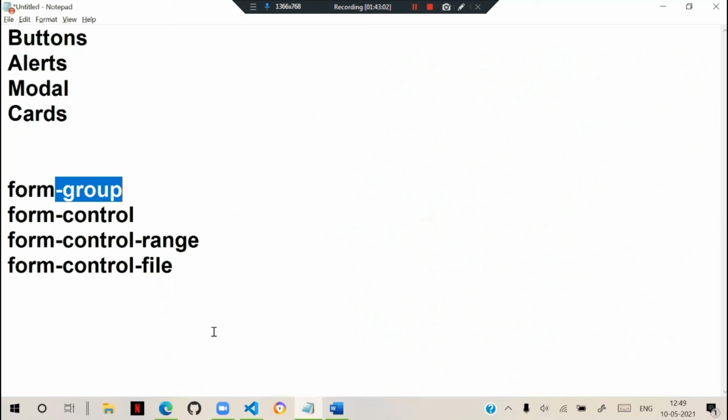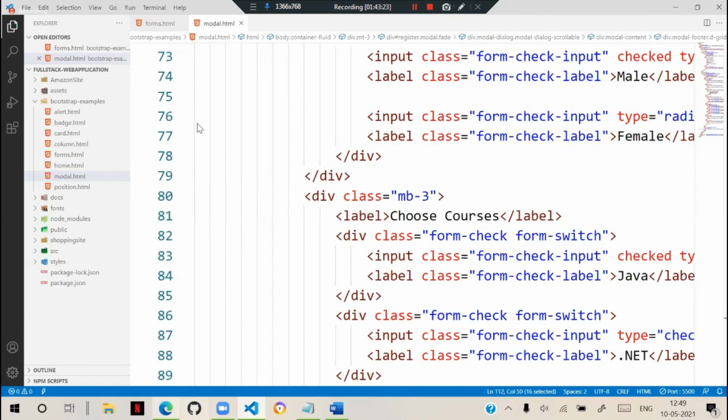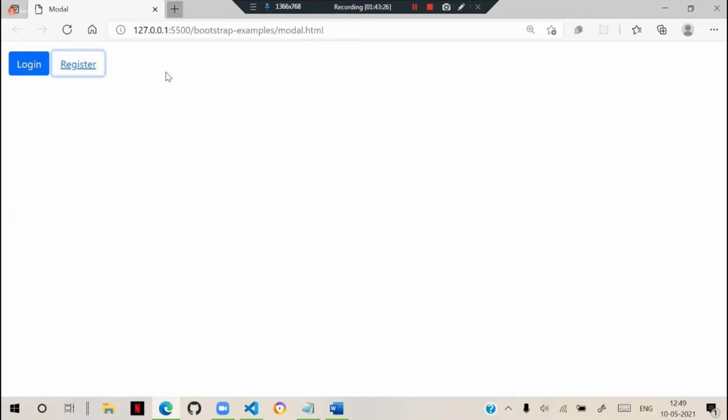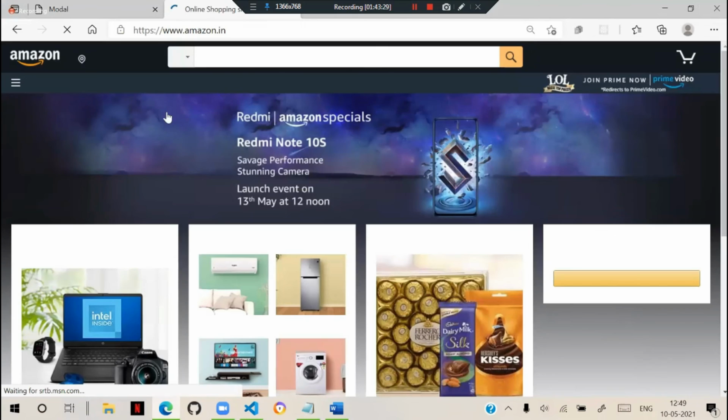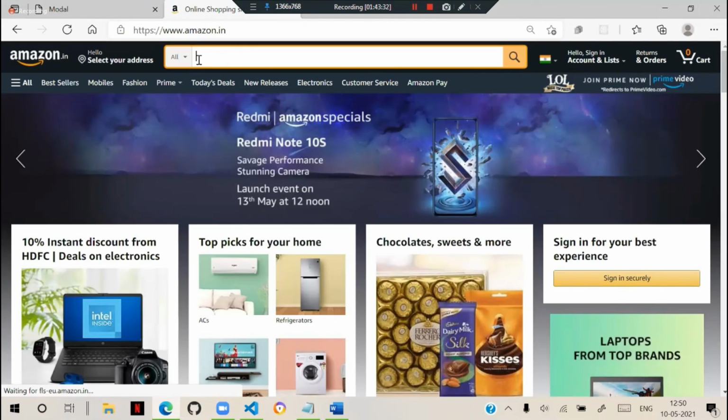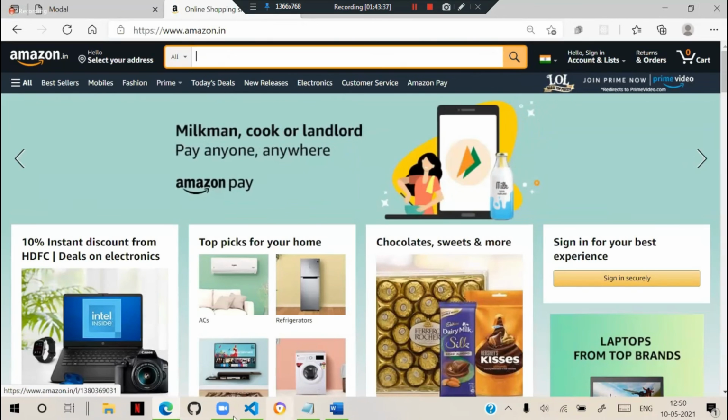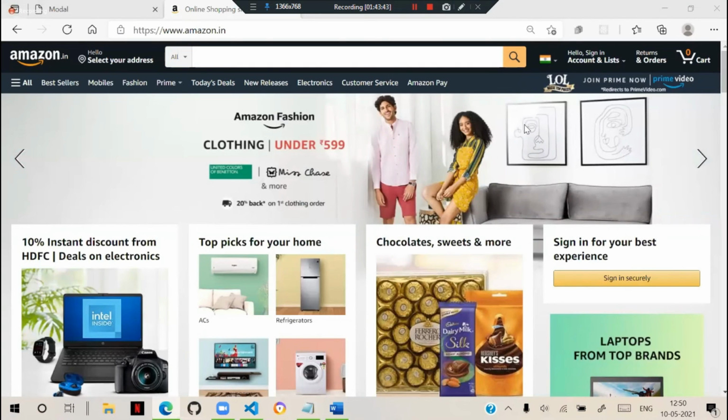Now, many times we want the forms inline, side by side. For that, we have an option called input group. Input group is used to keep the options side by side. That means generally in forms we don't want one below another, we want to keep them side by side, and the content should look combined. For example, see here. So let's open Amazon, and you see in Amazon, this is a form, but it looks like the controls are combined in the form. Many people who don't know the technique behind this will ask here.